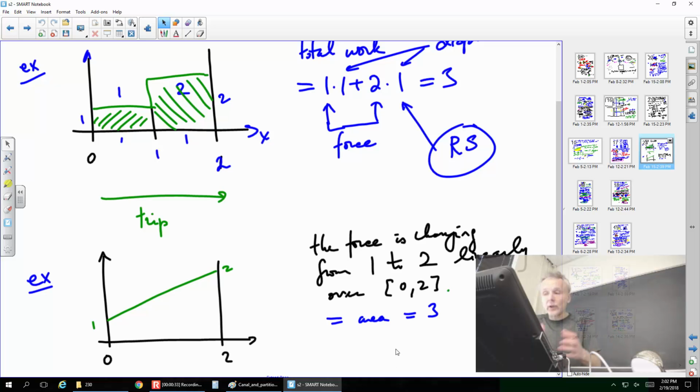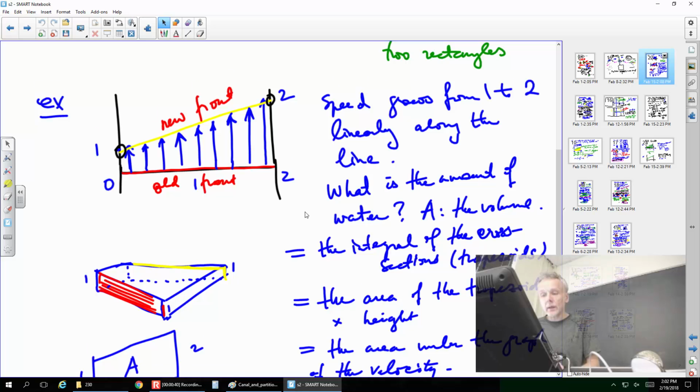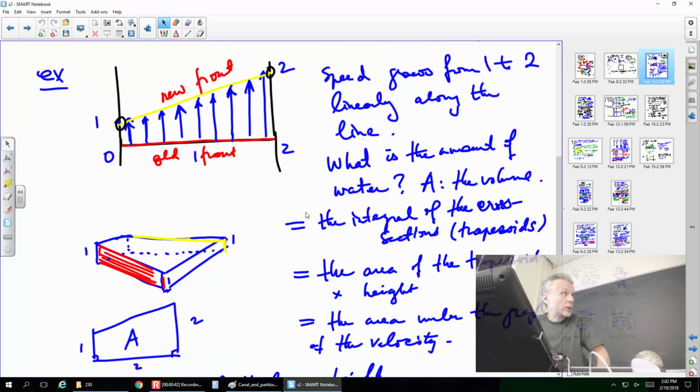Okay, so you can actually see the water passing through the gate, and then that prism over there is what we realize to be the amount of water that has passed, and that volume corresponds to that area over there, and that's it. And so that's why the volume is equal to the area, and that's why it's equal to the integral. Okay. Now we end up with the same Riemann sum when we do